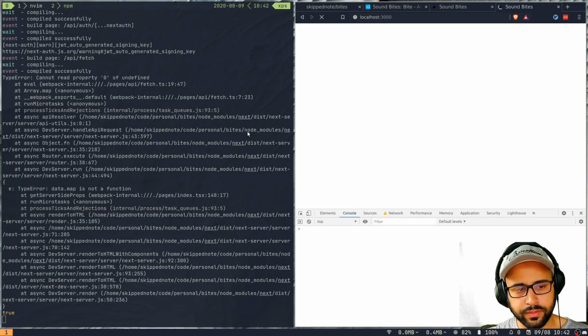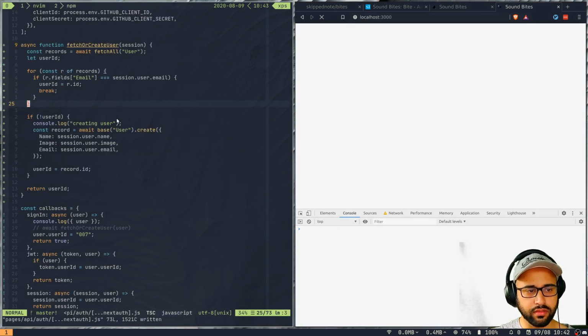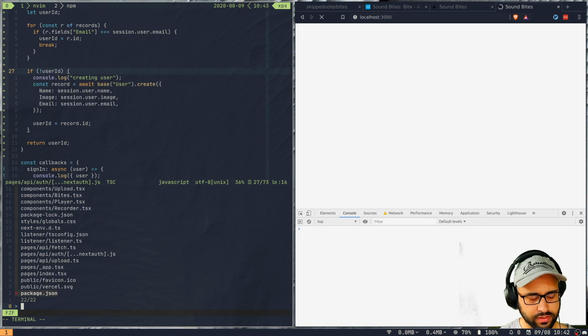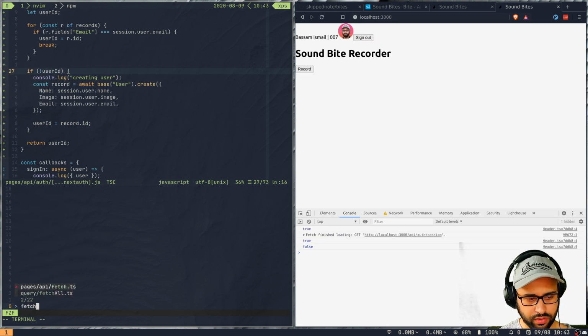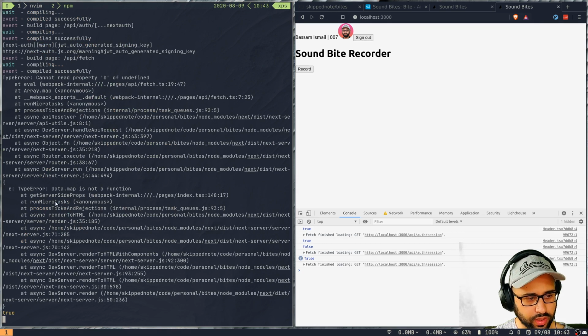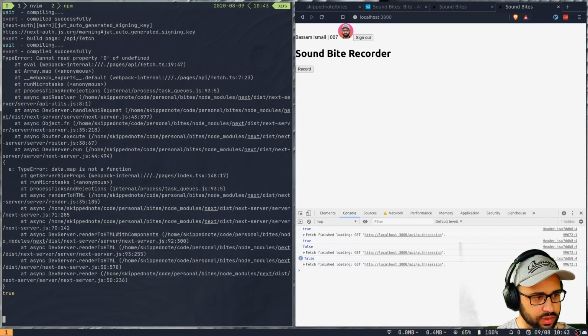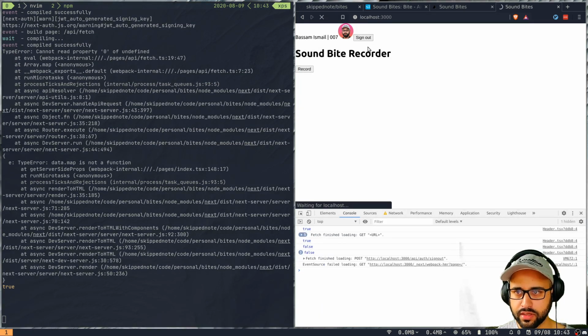Okay, it's throwing errors because we are fetching something that might not exist. So let me also address that. But first let's look into this. Yeah, we want to look at the logs, right? So I'm getting a true here. I'm not sure where this is coming from, but this is certainly not the value that we are interested in. So let me sign out, and once we sign in, that calls the